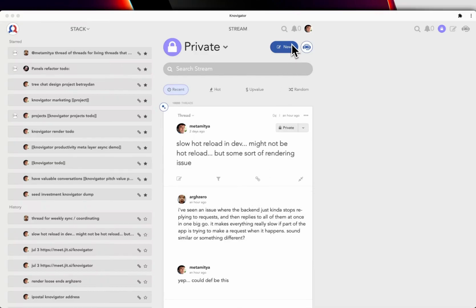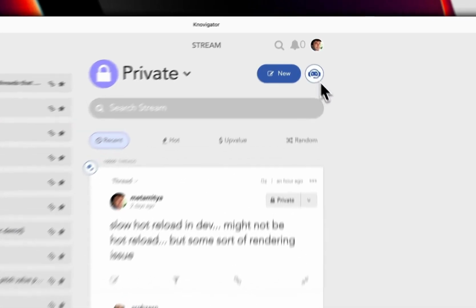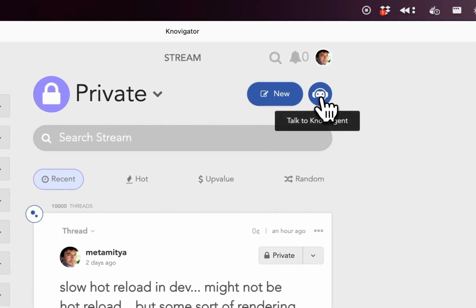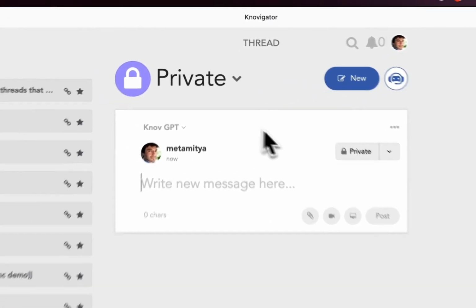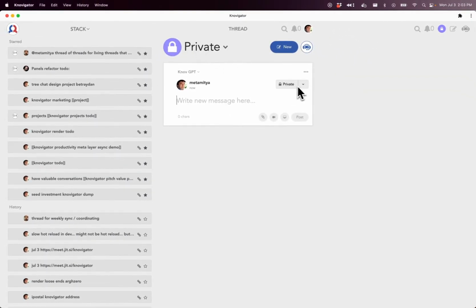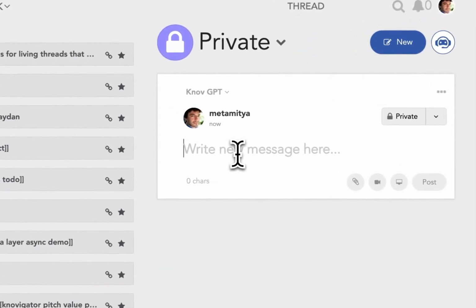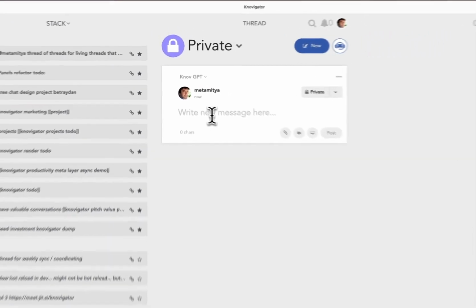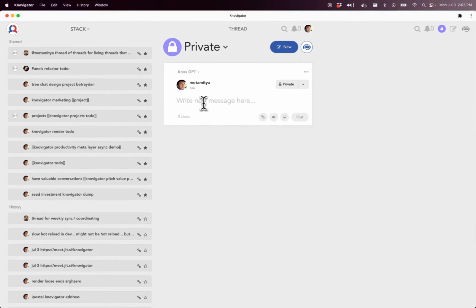All right, I wanted to do a quick demo of threading in Navigator. So I'm gonna start a Knov agent chat, so that I'm in the private stream. That creates a private thread, a Knov agent with the Knov GPT, which is a Knov agent, AI agent. And now I'm gonna ask him